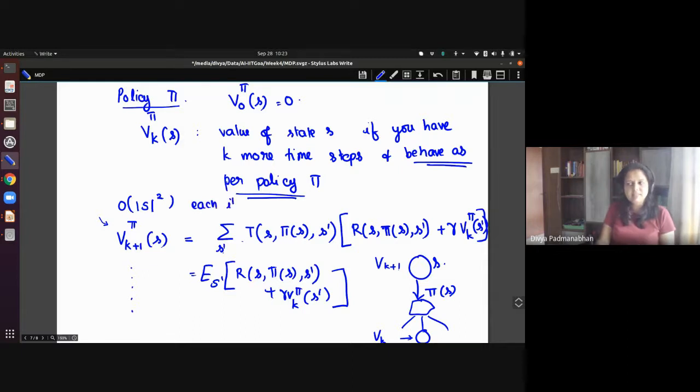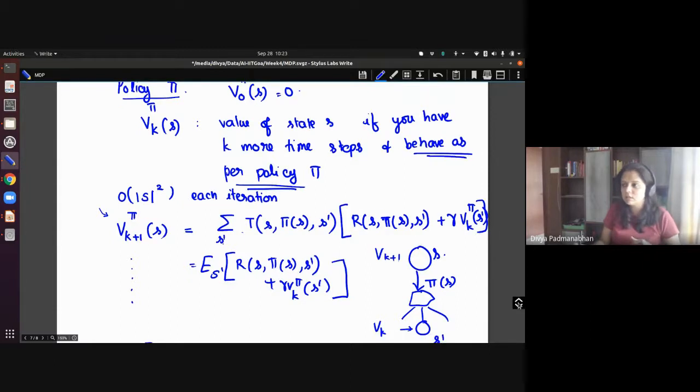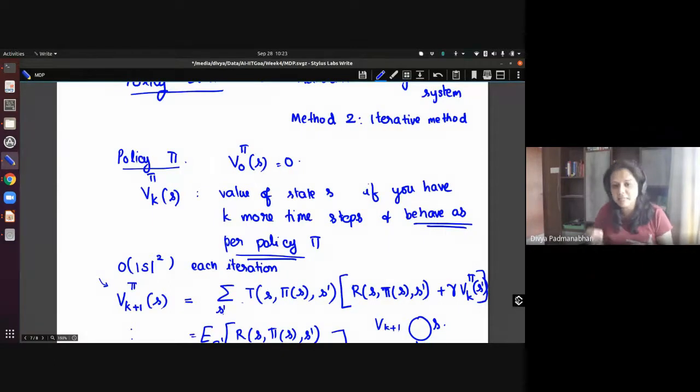Okay, but there's a subtle difference here. Evaluating a policy could get done multiple times. So within evaluation of a single policy, each iteration takes order of S square. Overall, what has been observed is this is much faster than value iteration. It's not a theoretical result on the overall complexity. It's just the speed of each component iteration.